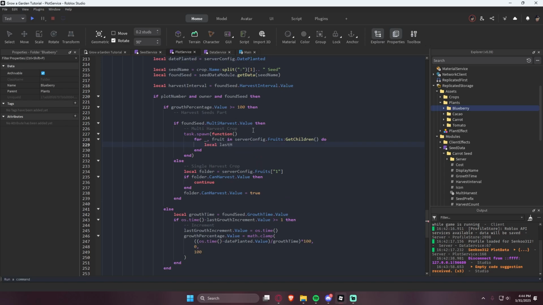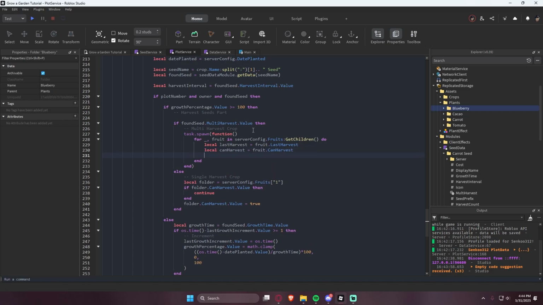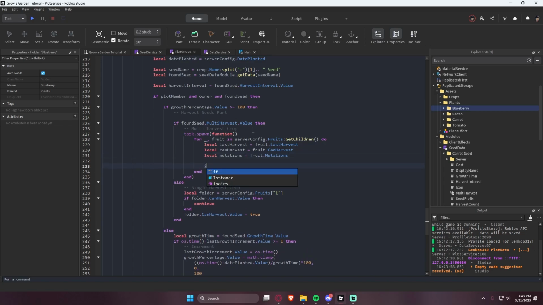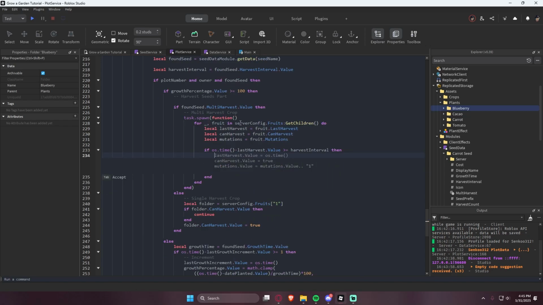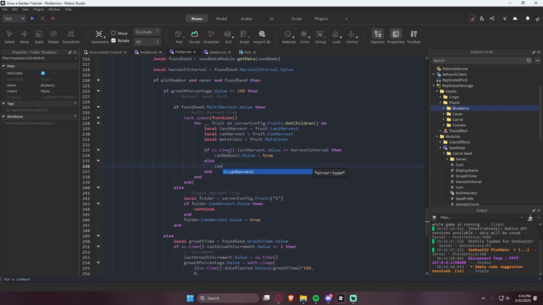We're going to say local last harvest equals fruit dot last harvest. Local can harvest equals fruit dot can harvest. And let's just get the mutations for the future. So we can say, okay, if the time between our last harvest is greater than or equal to the harvest interval, which is the cooldown between harvest, then we want to set the harvest to true. Otherwise, we'll set the can harvest to false,